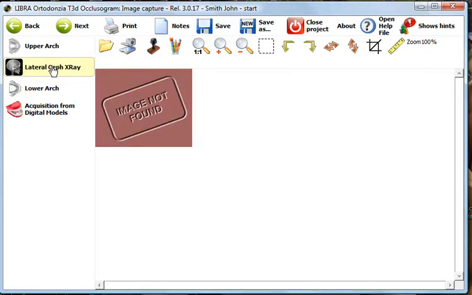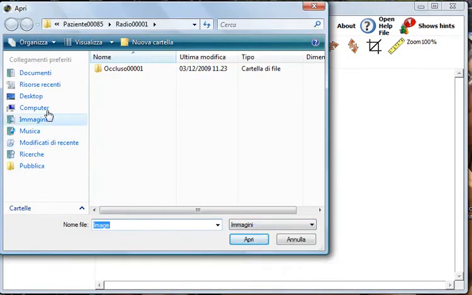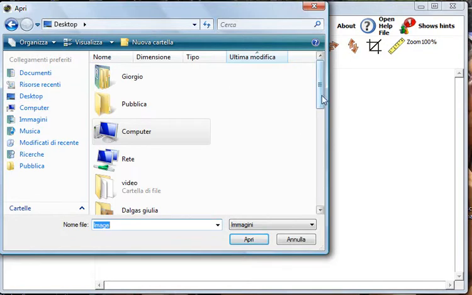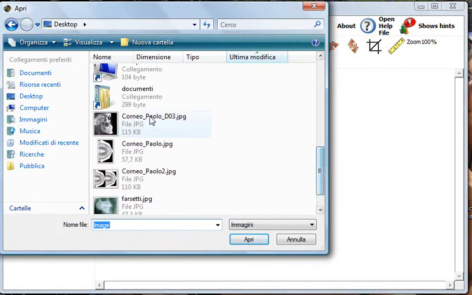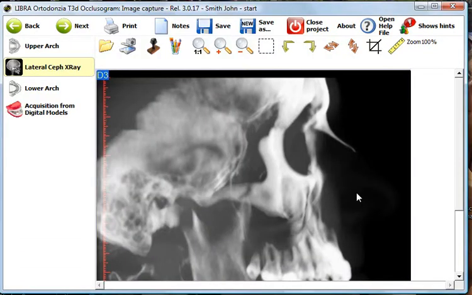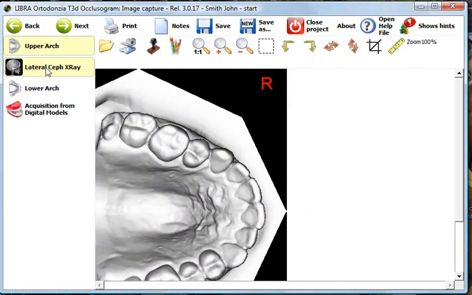We do this for the lateral cephalometric. I just click here and look for the X-ray of this patient, which has been loaded. Now I have the three images,